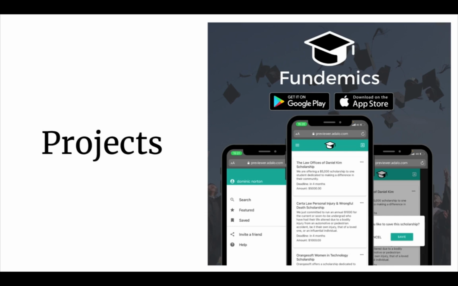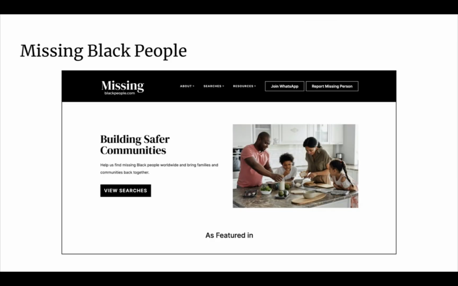We're going to create a directory app a little bit later, even though it won't be for scholarships. Missing Black people. So this was featured in BBC, ITV, Sky, a lot of news outlets across the UK. This was a directory for missing Black people appeals, and what it will do, it will scrape Twitter and display the missing Black people appeals on this website.